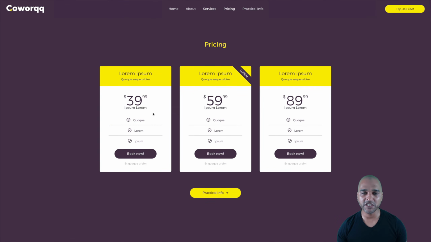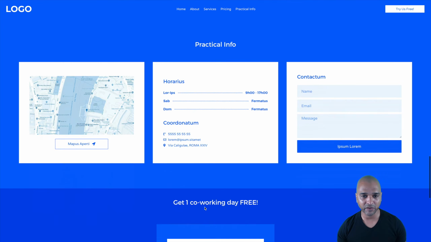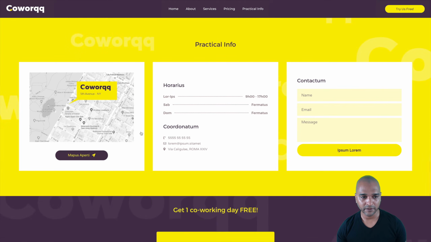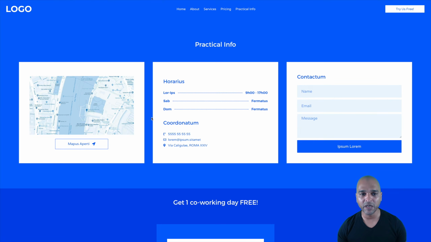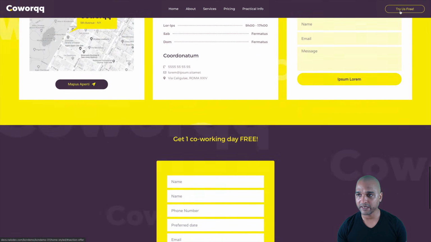Okay, so we've rounded the corner to match the co-work brand identity, which is a fake brand identity, and I made a full video about it explaining how it was done, but you can see how it's done here. So click on Practical Info. Okay, and I really branded the section because here it's very neutral. That's something you will show to a client before they approve it, or even if it's your own project, just to be sure that this is what you want. You're going to take a look at what it looks like when it's on the mobile. Next, click on Try it Free,